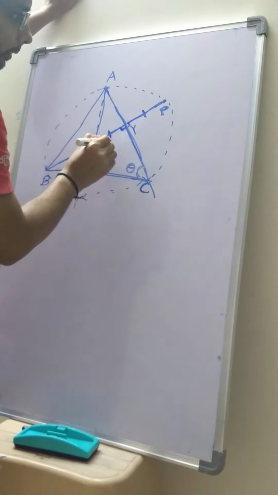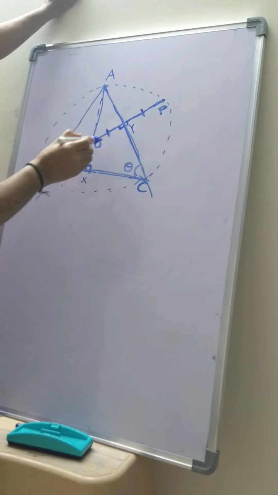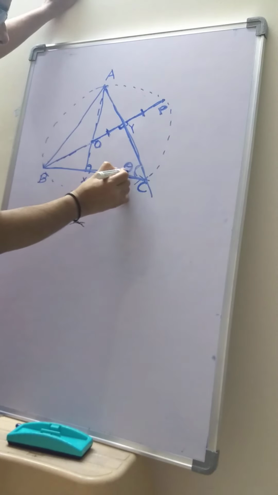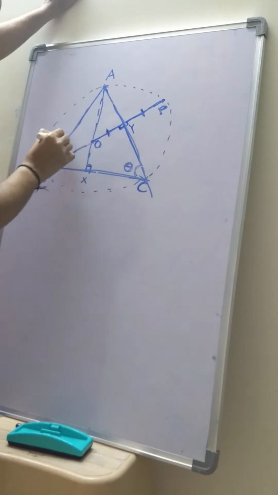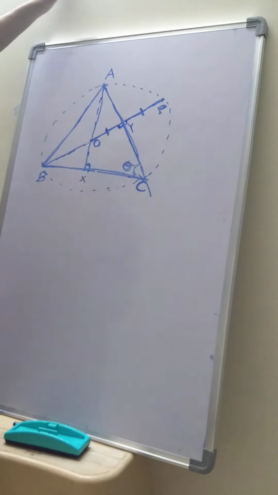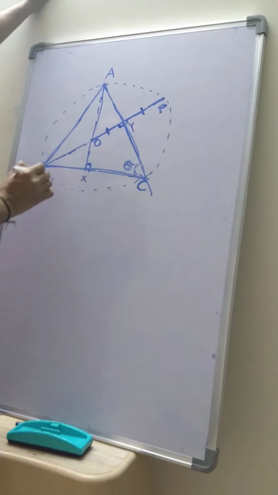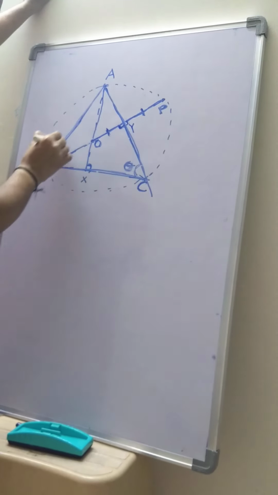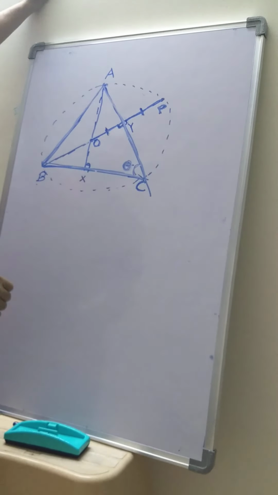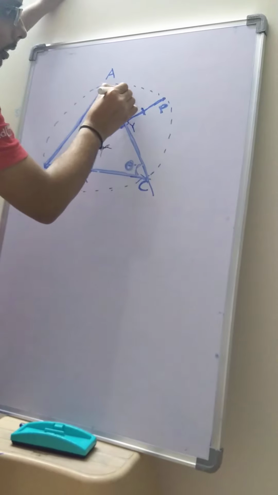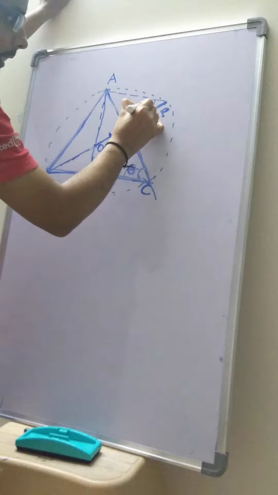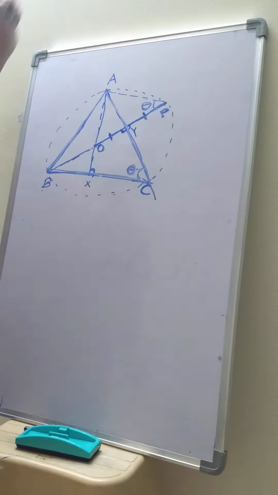In your other angle, the line is this, and this is theta. So for AB, this is the chord, AB is the chord, and this angle is theta. Now you join A and P. If you are able to prove that this angle is also theta,